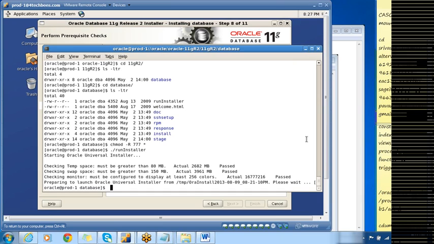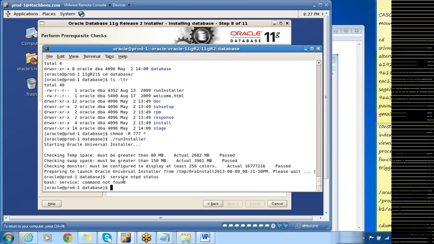Okay, looks like my NTPD service was not started. Let us check that with service ntpd status. This will show me whether the NTPD service is started or not. Yesterday I told you, right? This service is used to synchronize the time between prod1 and prod2.